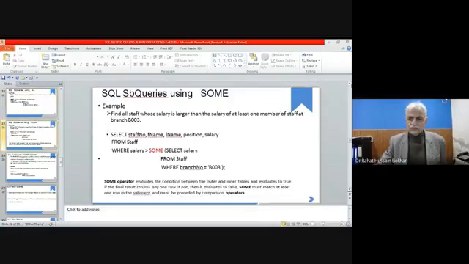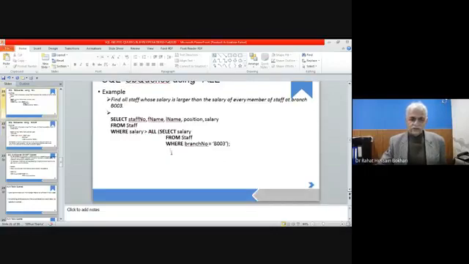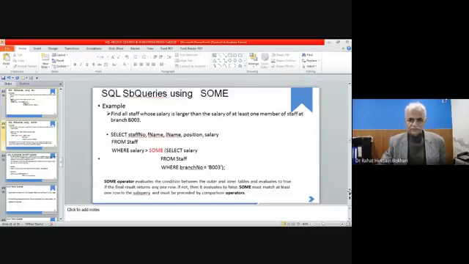And if we use the same one, I am writing here ANY. So with ANY, this salary should be greater than any of the values that we are collecting here. So this is another operator, the SOME operator. You can use that in the same way, select this here.